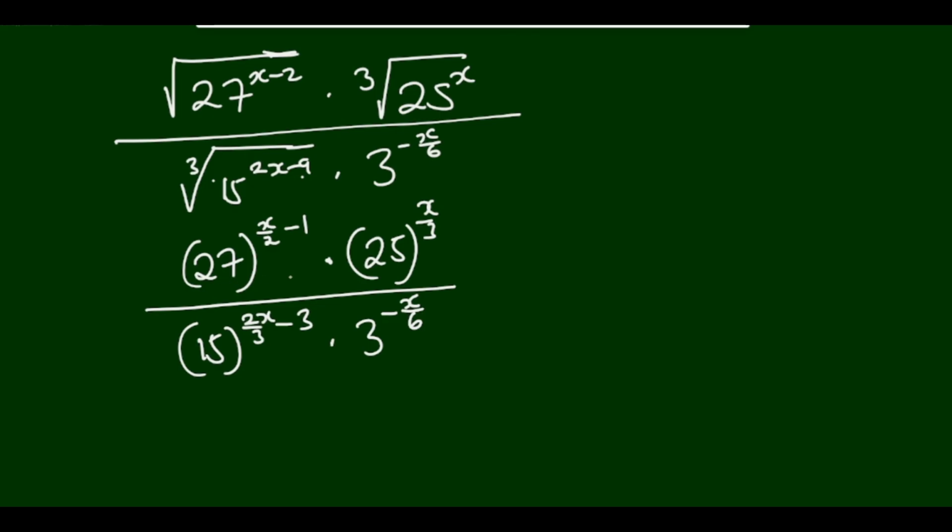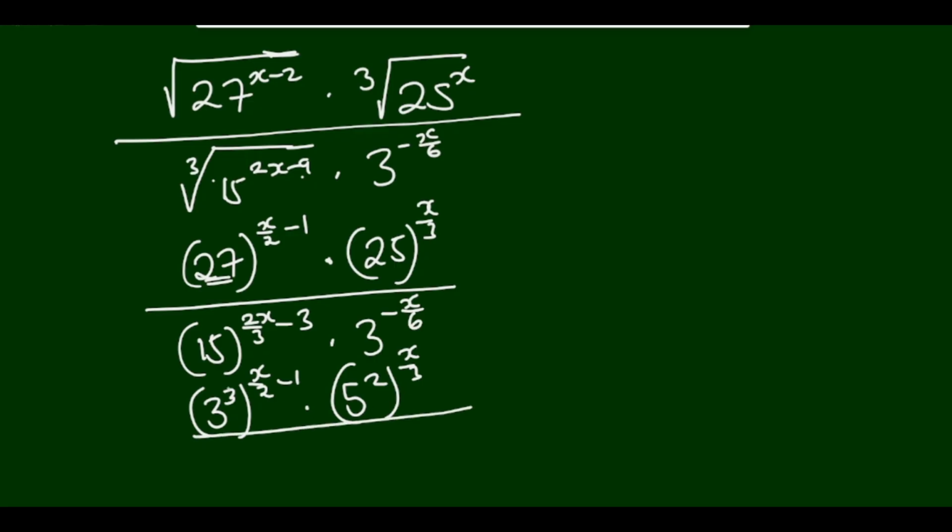Right, let's write our bases as prime factors. 27 is 3 cubed, so it's going to be 3 cubed to the power x over 2 minus 1, then times 5 squared to the power x over 3, over, and then 15 is like 3 times 5, and then to the power 2x over 3 minus 3, and then 3 to the power negative x over 6. Right, and then now these 3 will multiply this and that, and then these 2 will multiply that, and